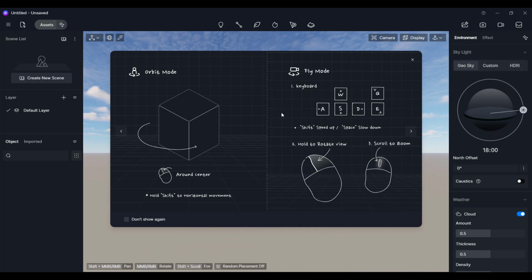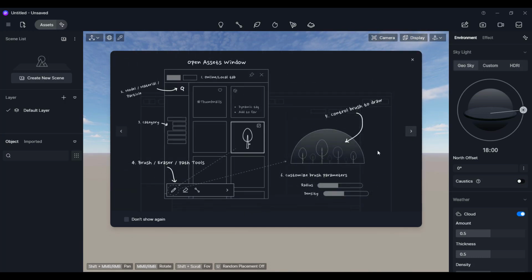So we use the A button to move left side and the D button to move right side, W for forward and S for backward, Q for up and E for down. Along with these keys, if you press shift, you can increase the speed of those navigations. And to rotate the view, you have to use your mouse right button to hold it and rotate. And to zoom, you use your scroll to zoom in and zoom out this way. I'm just clicking on the next arrow.